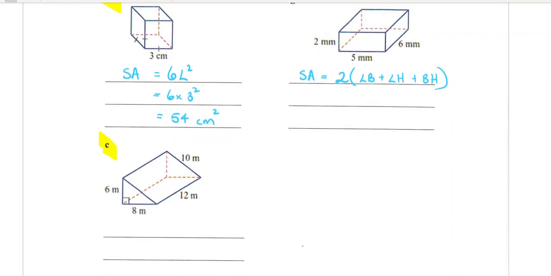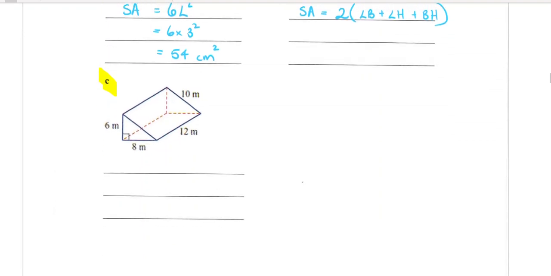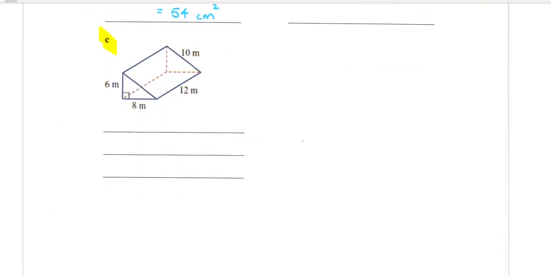Because the LB might represent that rectangle on the front. There's also another one on the back. The LH might be this one on this side, and 2 of them the one on the other side. And the BH is the top and the bottom. It is the 3 different rectangles. Anyway, you don't have to worry about that. You just got to be able to use it. Okay, question